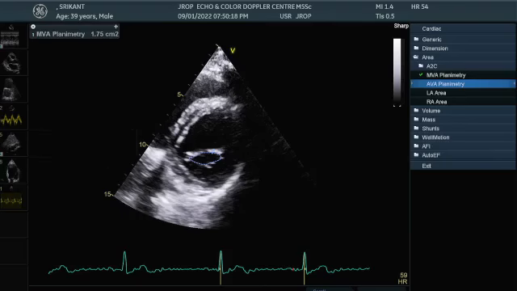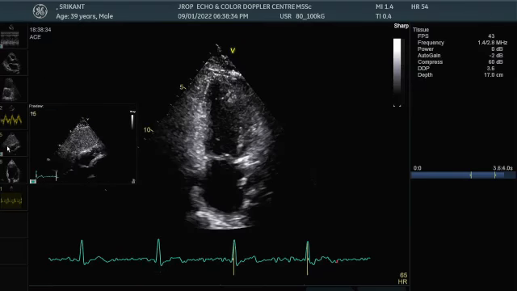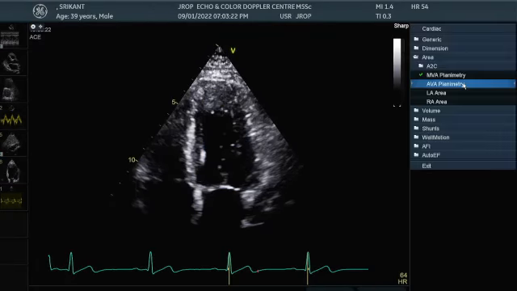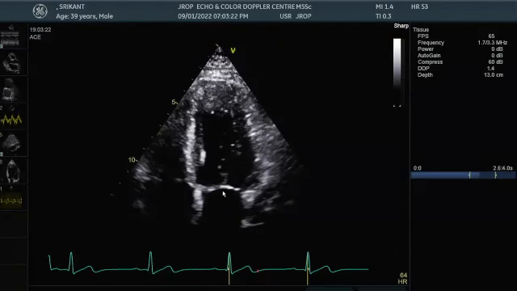If you go to 4-chamber view, look at this 4-chamber view over here. When I'm cutting mitral valve, I'm going to aorta. Aorta is over here. Aorta to papillary muscle, mitral valve is over here. Then to papillary muscle. When I come back from papillary muscle, the first area I come across will be the area of the tip of the mitral valve. Yes. In today's circumstances, in 2021, if you ask me to do a mitral valve area, I don't do it in that fashion. I have changed a little bit.